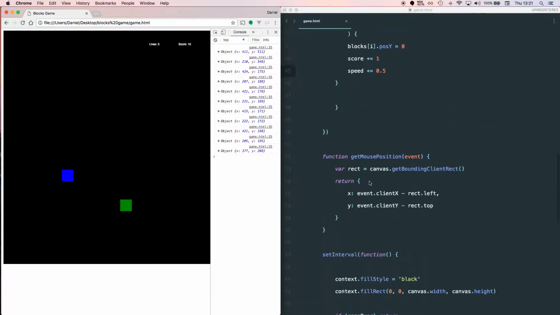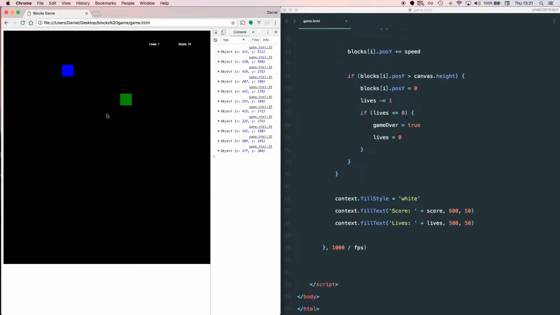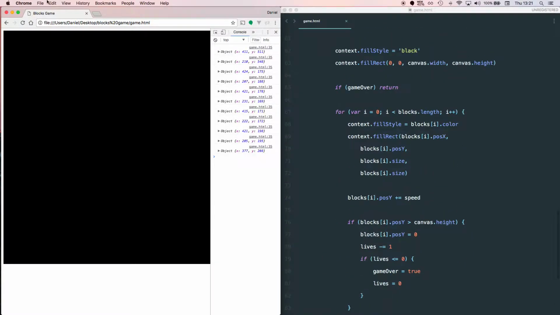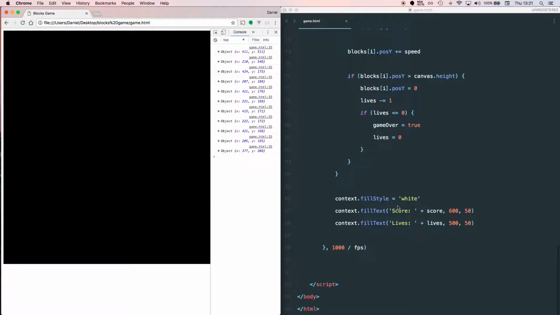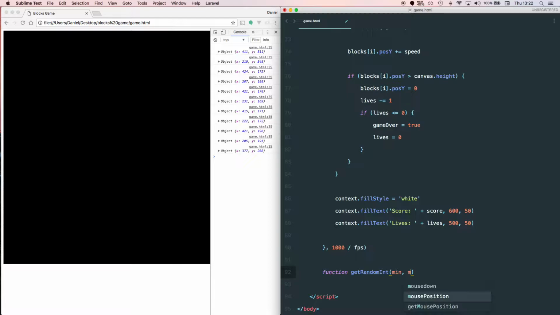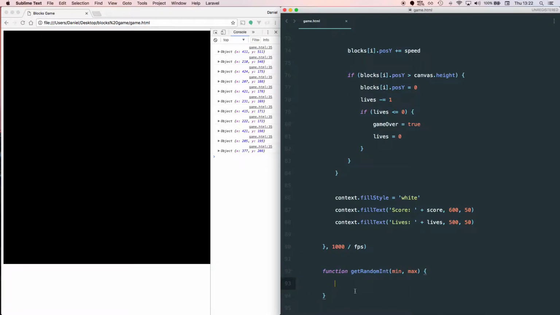Cool. The other thing that we should do is that instead of the blocks appearing at position 0 all the time at the top, let's make that a random negative value so they appear above it. So let's create a function which generates a random number. So get random int, a minimum value and a maximum value. It returns